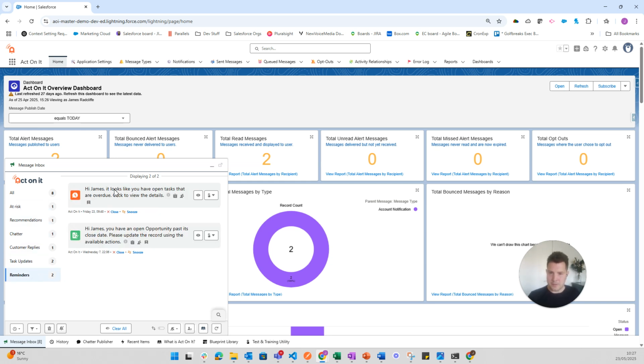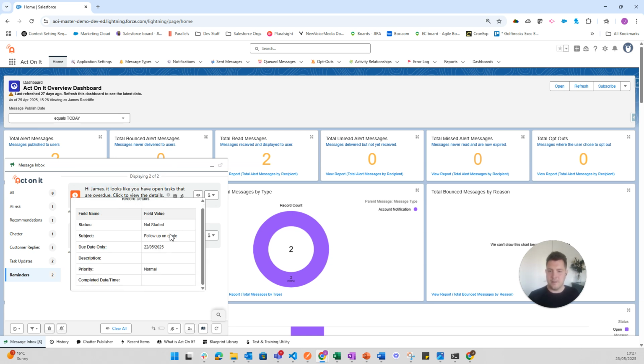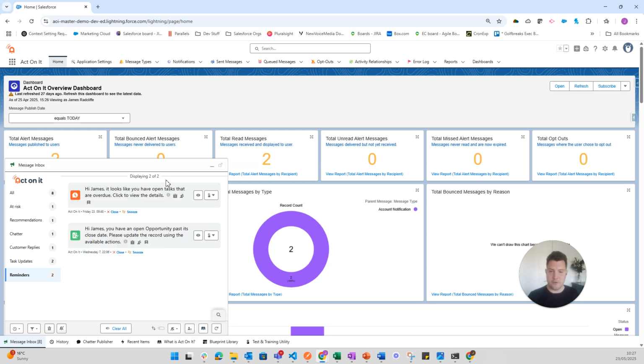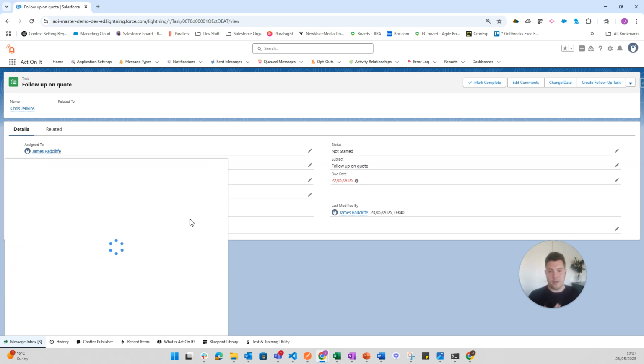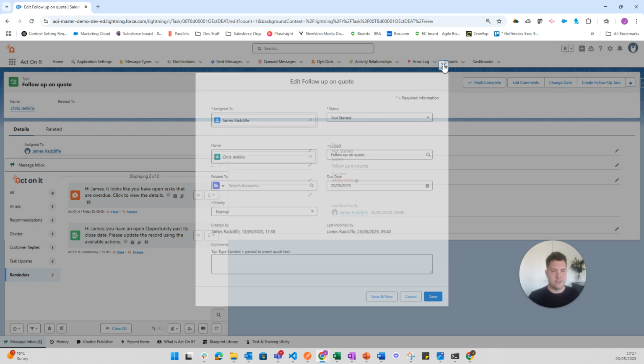What am I being reminded about? So it looks like I have an open task that is overdue. If I hover over, I can see the details of that task without having to click through, or I have a quick link here where I'm launched immediately into the record and I can see, yep, this task is past its due date. Then what I can do is edit the task from here without having to go anywhere,